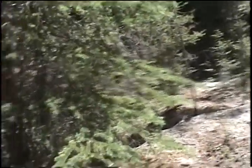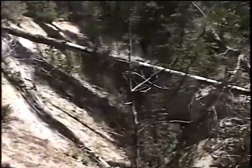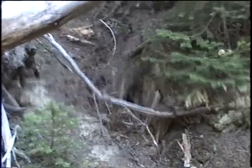Then going into the hillside here, I guess it'd be on the east, there's this notch cut into the granite, goes back up here about 50 feet or more, just kind of stops up there, and then just to the right of it, which would be to the south, is another kind of trough on the slope here, and this actually has some old timbers in it. You can see here's the remains of a couple of timbers, and then up at the top of it